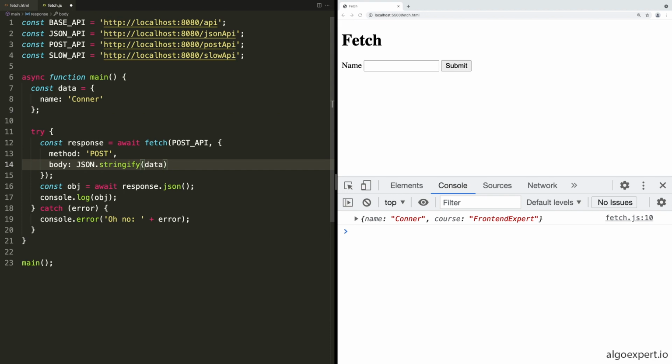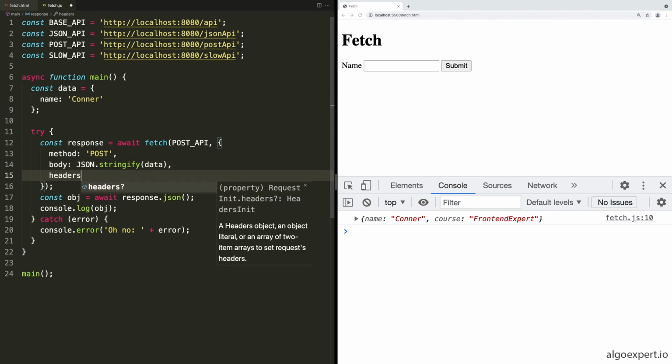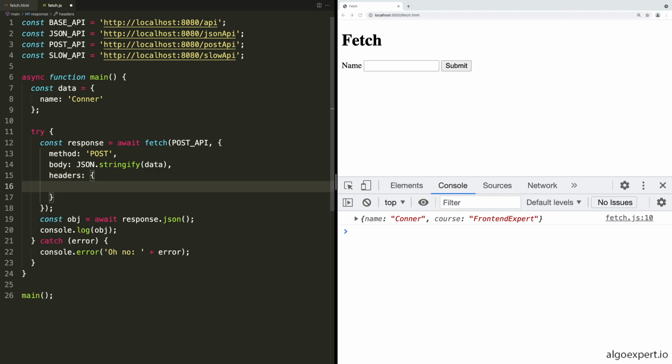And then after the body, we have one more option we will need, and that is going to be the headers. So we need to tell the server what content type we are giving it. In this case, we're giving it an object. We're giving it JSON. So headers itself is going to be an object. So we can create an object here,